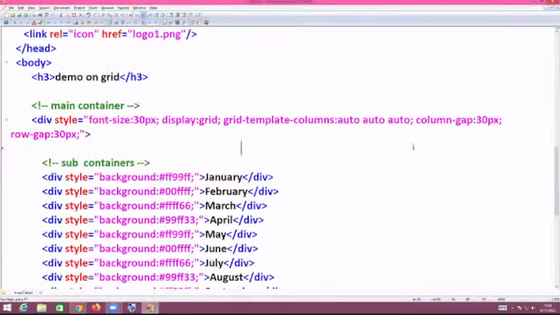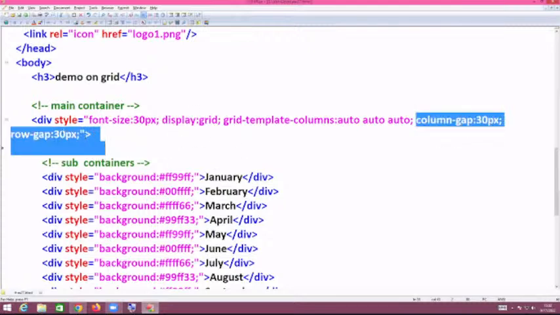Next shortcut I'm going to implement here. Instead of writing the two properties, column gap and row gap,